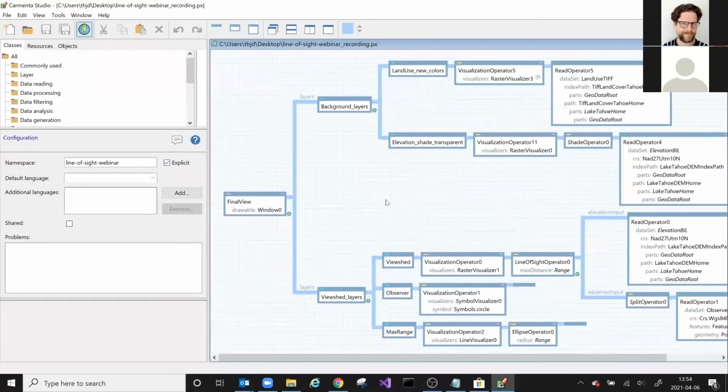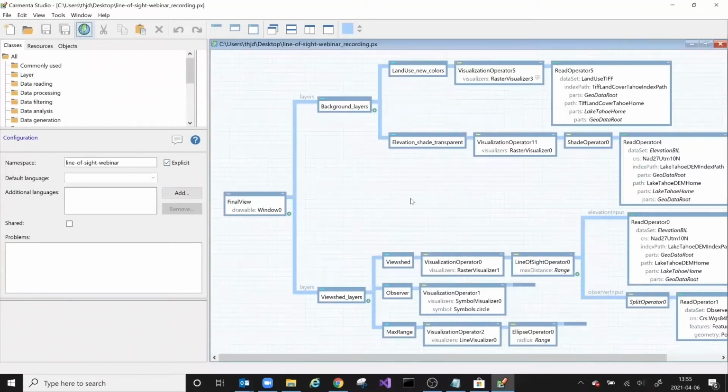Hello everyone, and welcome to the first demo. In this demo, we'll talk a little bit about the Carmenta configuration file, known as the PX file, that is used to create the map that you saw inside of that web application that had this little interactive line of sight operator that you could move around the mountains